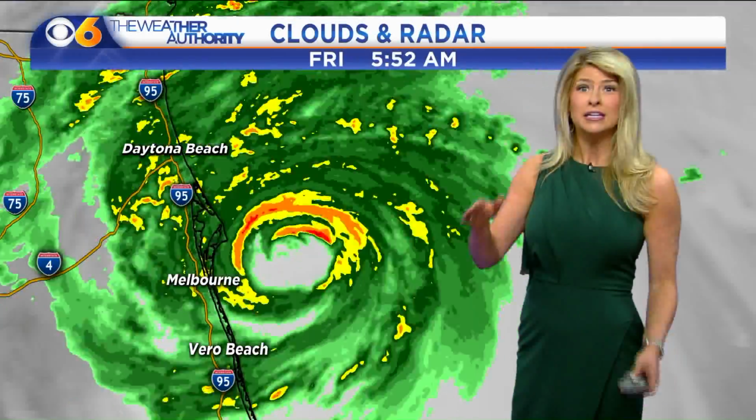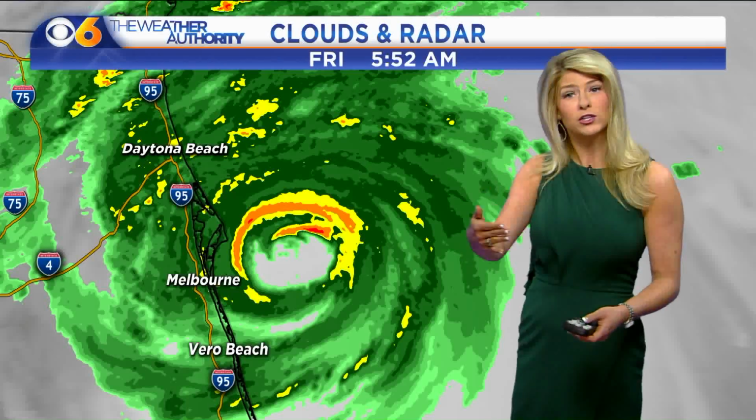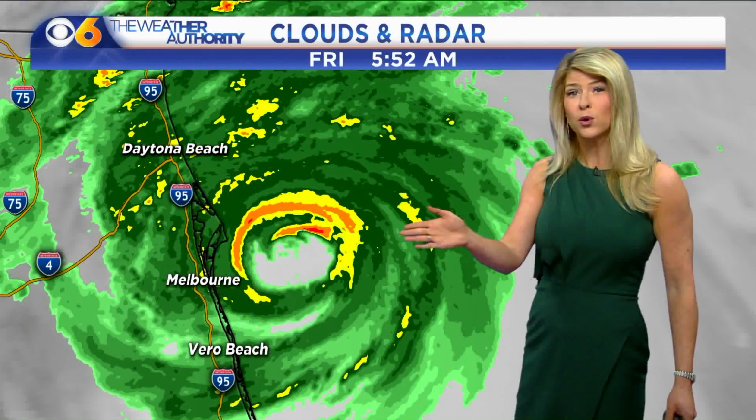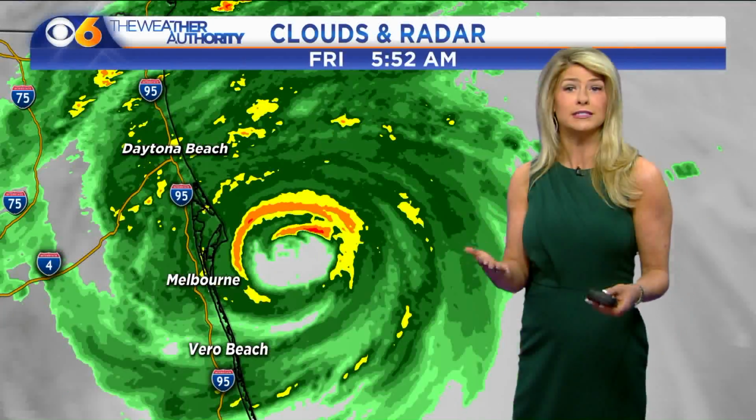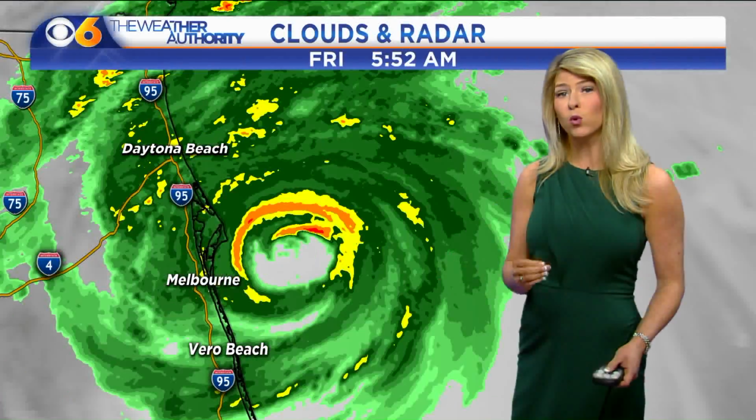The best part that you can actually describe it with is think about being in the water and you flick the water. Yes, that's high speed, and of course you get a little water, but if you take your hand and just do it slower, a lot more of that water goes right flush up across. So that's why we're going to see more surge, more rain, and more wind associated with this larger eye on